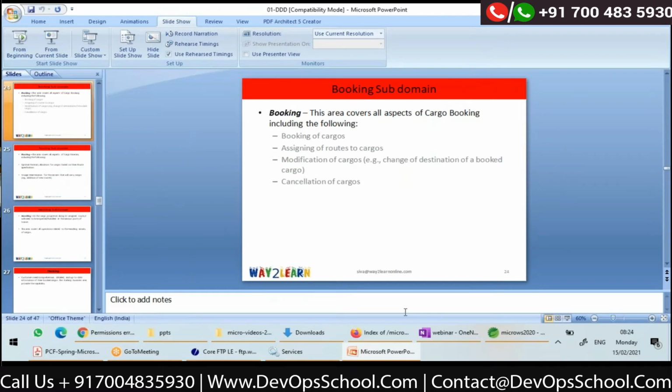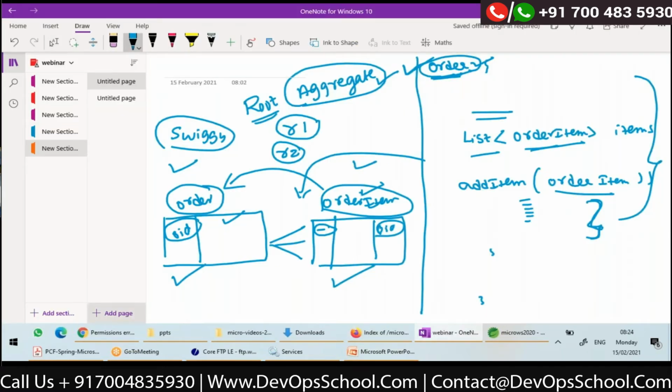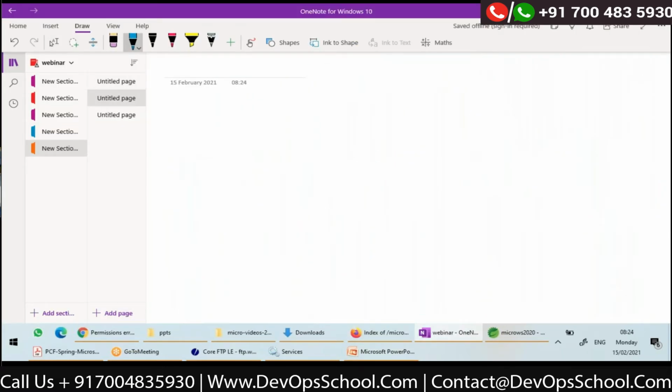Let me just draw and show you. Let's assume that a cargo has to go from Bangalore to Delhi, and every booking will have a source and a destination and a deadline for delivery. Deadline is 1 day or 2 days or whatever it is.